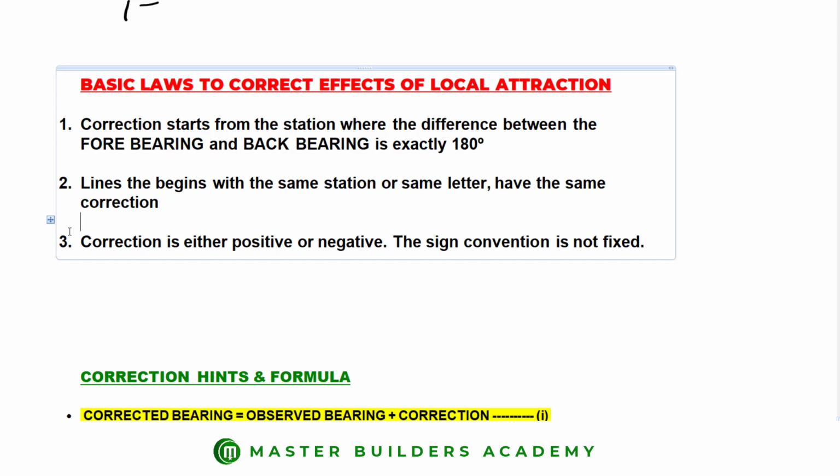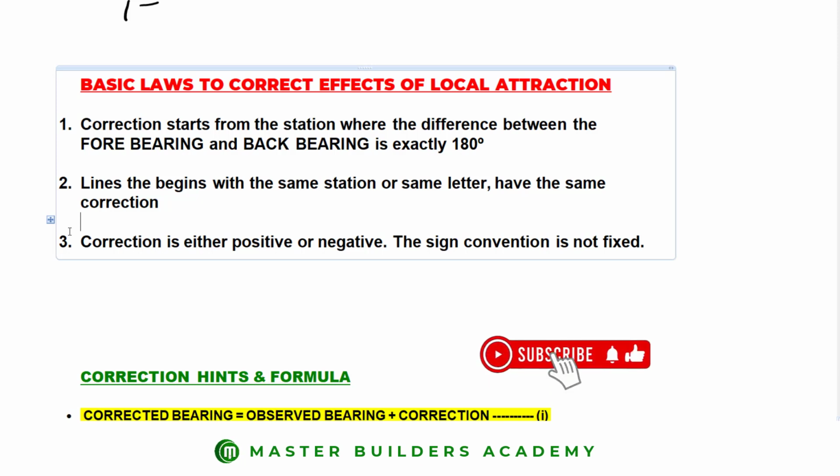Basic laws to correct effects of local attraction. These three laws will help you effectively in correcting any station where the effect of local attraction is identified. Are you with me? Now, the first thing that we have here as a guide to correcting this effect of local attraction is that correction starts from the station where the difference between the forebearing and back bearing is exactly